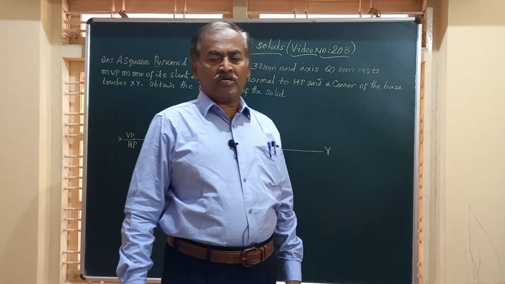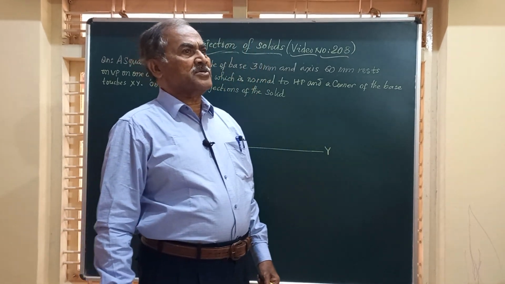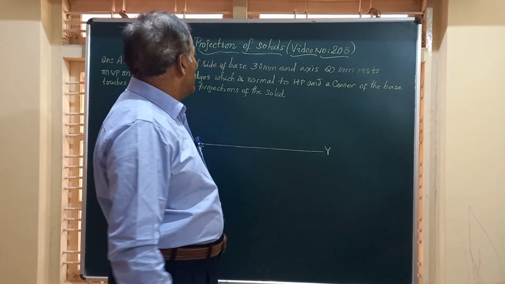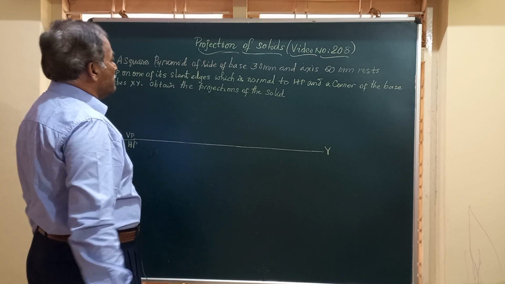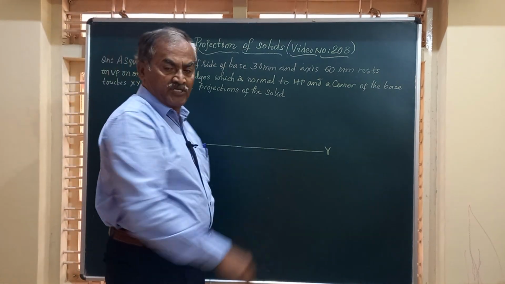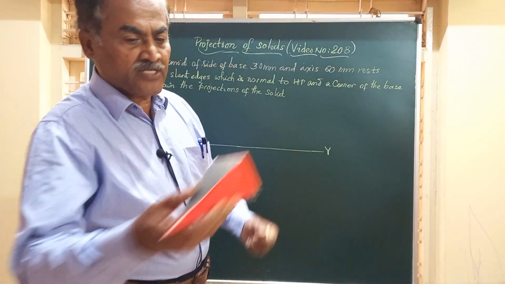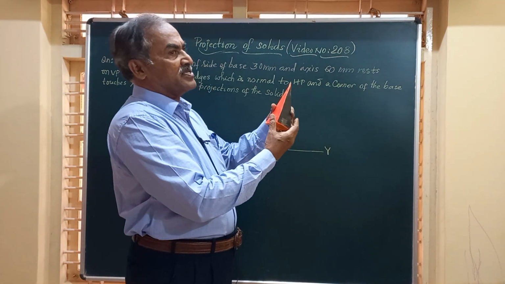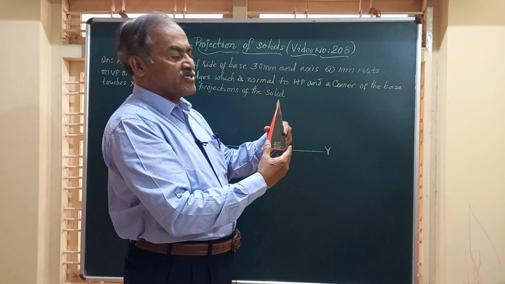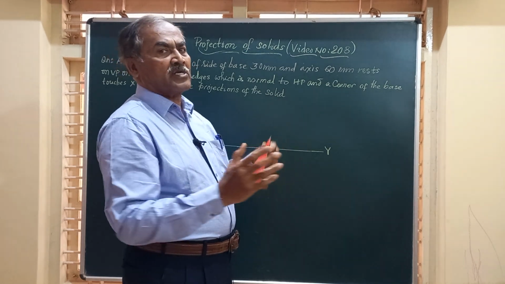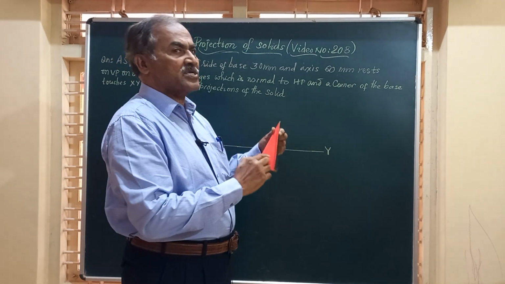Myself Dr. M.A. Chennaiya, and in today's video we have the projection of a square pyramid whose dimensions are known. Friends, a square pyramid will have a shape like this. It will have a square base, four slant edges and four triangular faces, and all these triangular faces